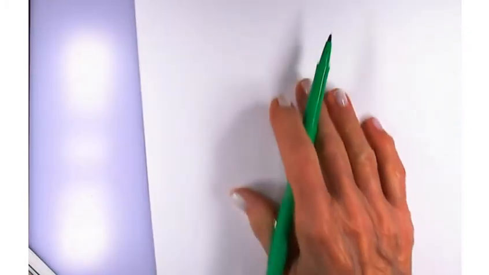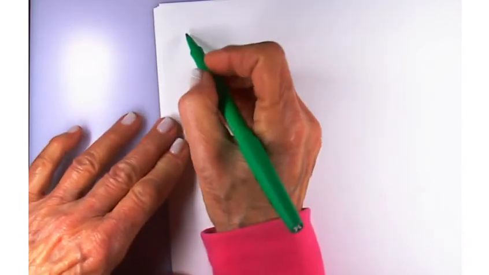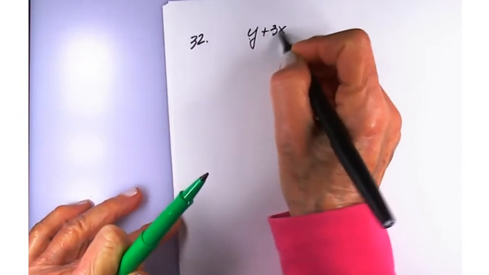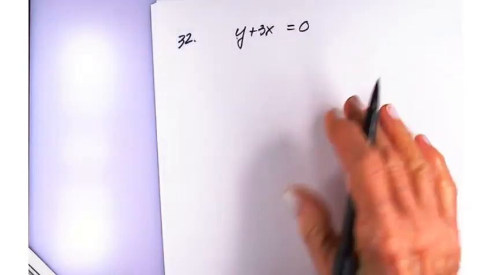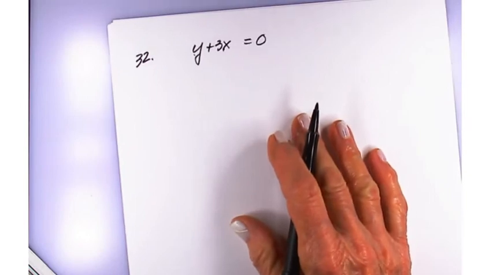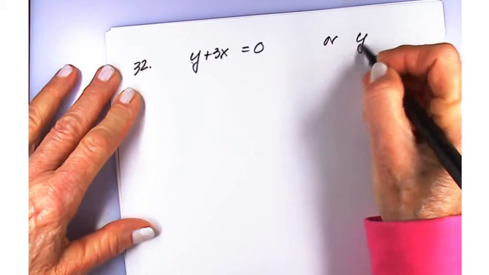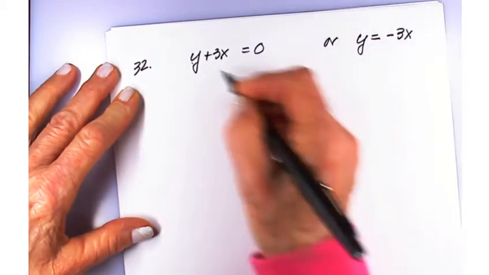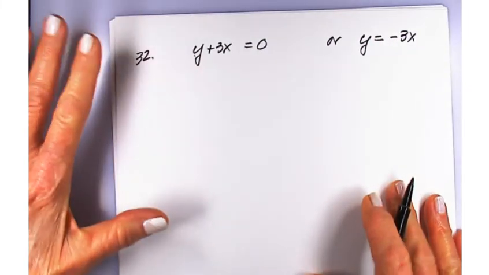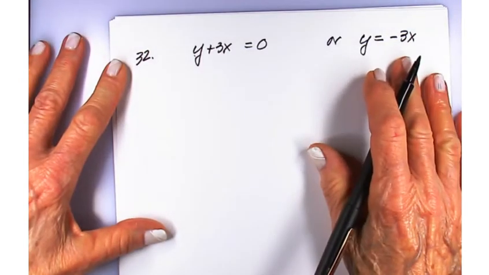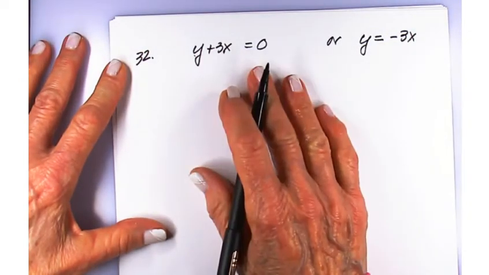Problem 32 says y plus 3x equal to 0. You can leave it this way, or you can solve it by taking the 3x to the right. This is a little bit easier, but you can do it this way as well. It's up to you. So our t-chart,